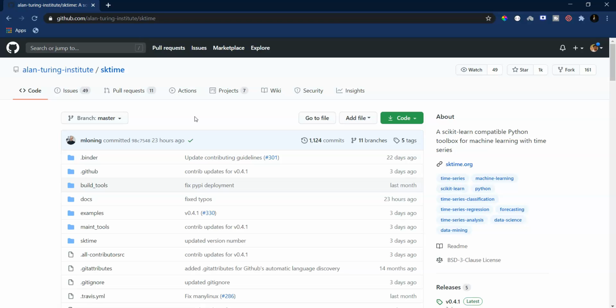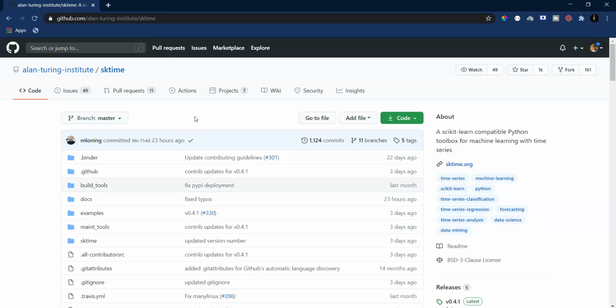So what is the idea? The idea is that as I move along this particular series, I'm going to explore and further make a video around one topic at a time for time series. So essentially we will first be studying some theory of time series, and then we will start applying those theories in real action using the skTime library.